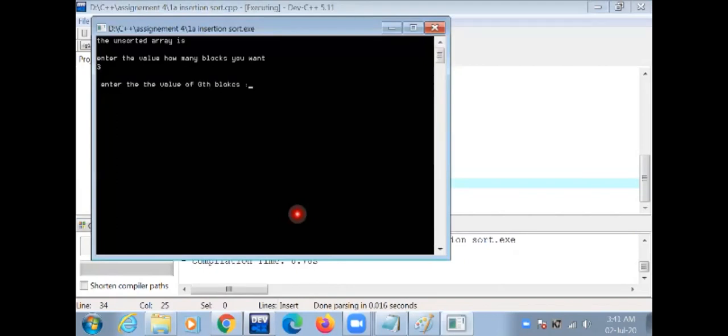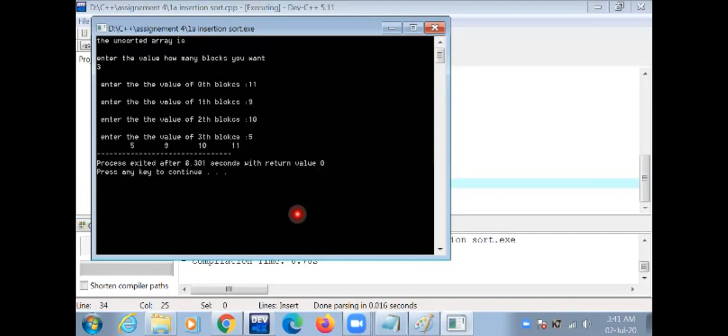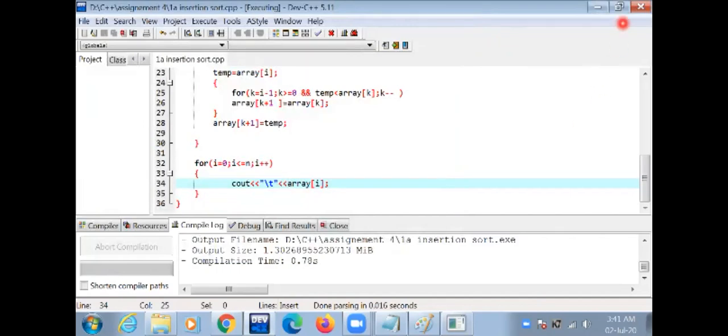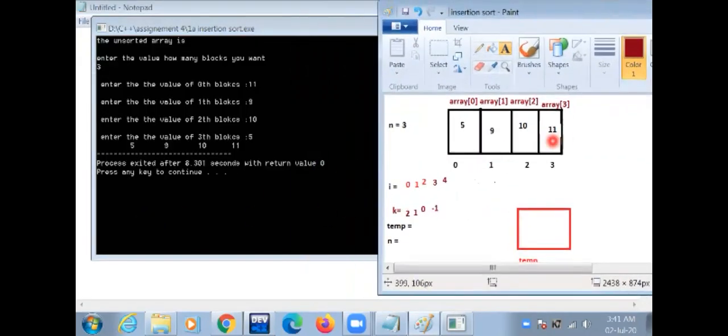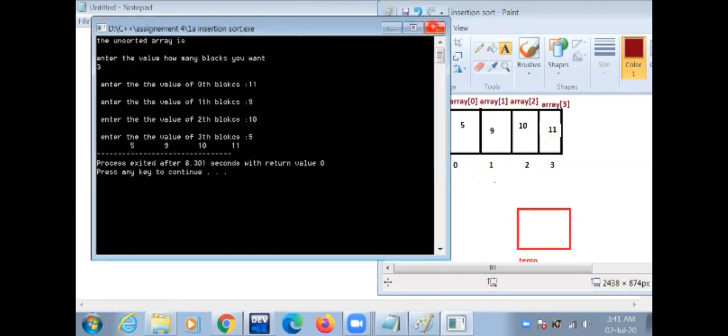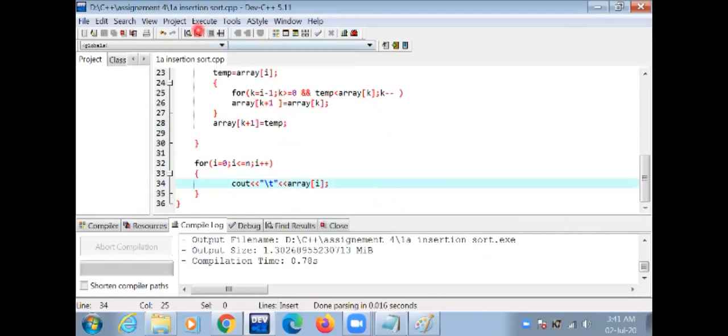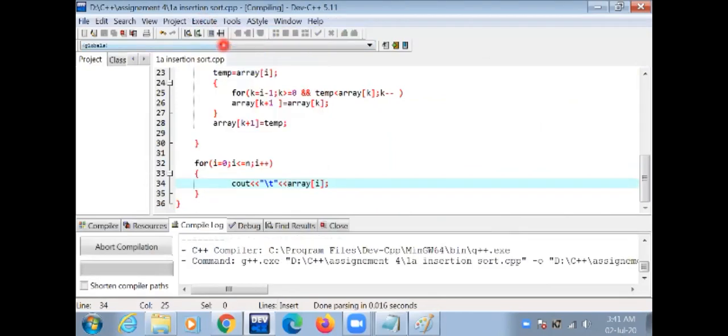We insert the values 11, 9, 10, and 5. Let's see: 5, 9, 10, 11. This array is sorted, and we enter other values.